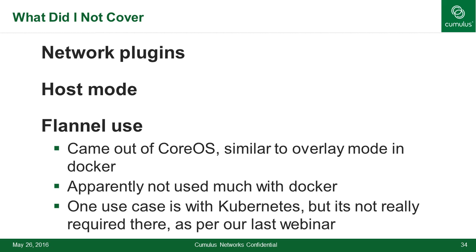So we are coming to the end of our presentation, as we are coming up to the end of the hour as well. What I did not cover: network plugins. I did not cover host mode. I did not cover Flannel. Flannel is very similar to the overlay driver that exists inside Docker. Flannel came out of CoreOS, along with Rocket, but they pretty much function the same way. The common use case I've seen with Flannel is with Kubernetes, but as we talked about, even Kubernetes does not need that. If you just run vanilla bridging and routing on the host, you can do all kinds of interesting things without requiring any fancy, complicated